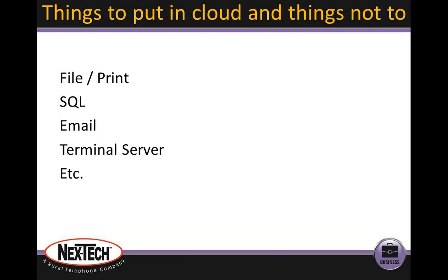Email is a great example of things to put in the cloud. It used to be everybody wanted their own email server, and then you had to deal with spam filtering and email antivirus and those types of things. Well, a hosted email solution anymore, Microsoft, Nex-Tech offers them. We can guarantee that there aren't going to be interruptions in the email service, because everybody depends so heavily on email anymore that you can't afford to be without it for half a day. File and print services anymore